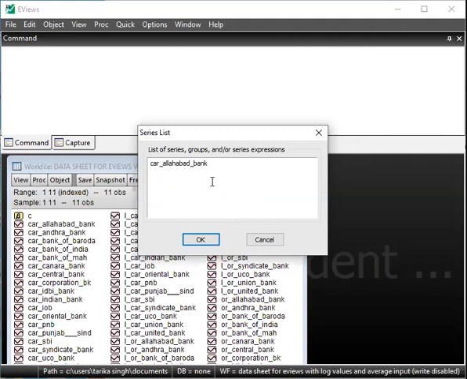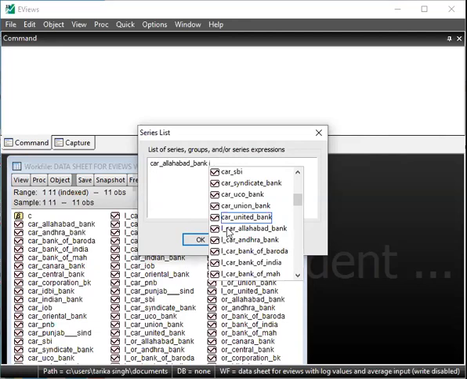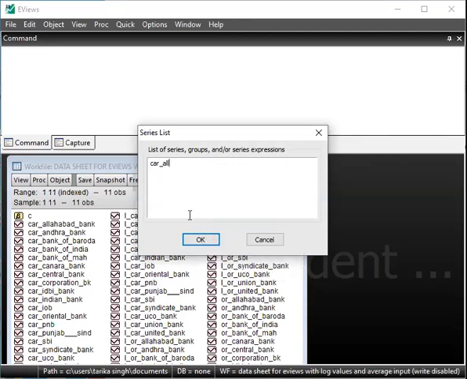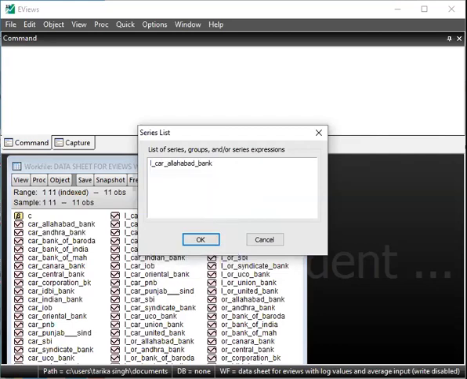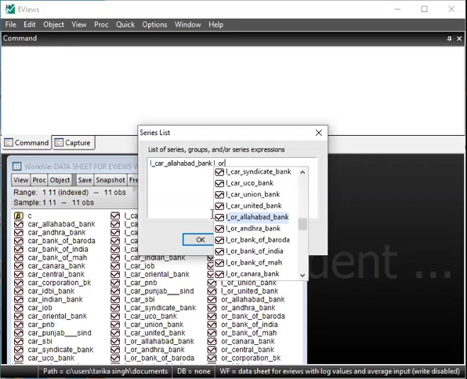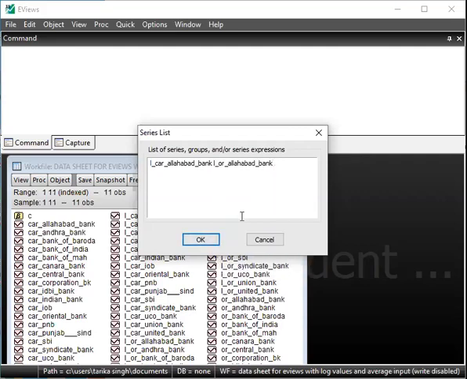Rather than using CAR of Allahabad Bank, I'll use the log values, L_CAR for Allahabad Bank, and the second variable I'll take is L_OR for Allahabad Bank. These are the two variables between which I want to see whether Granger causality is present or not.